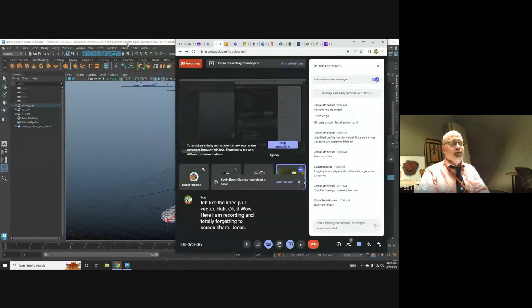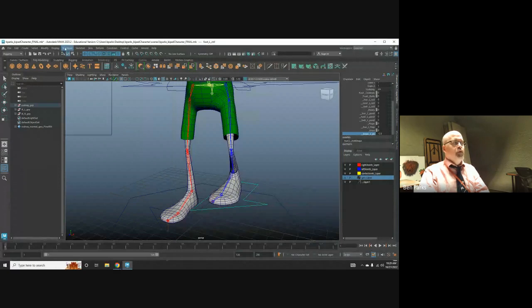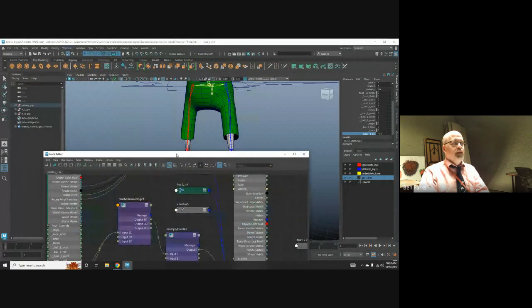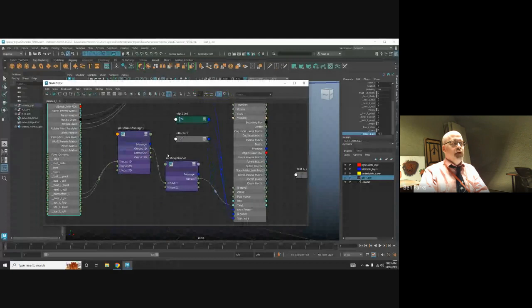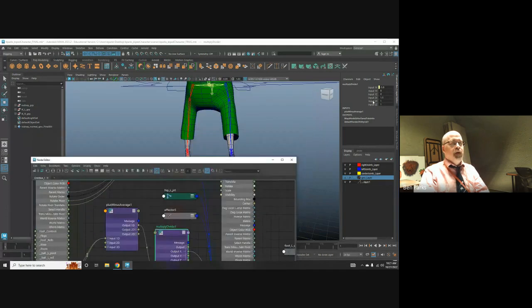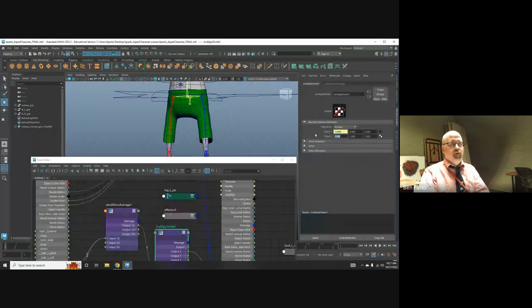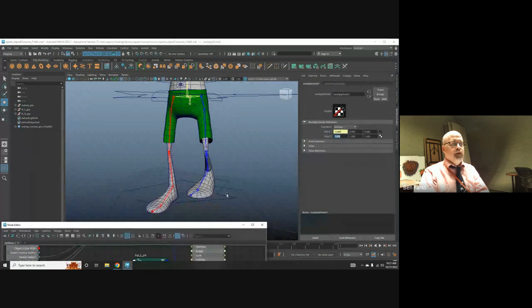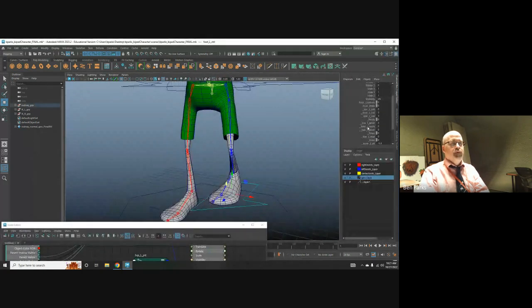Sorry. All right, so just to go over that real quick again, node editor, I hit tab, I created a multiply divide node. I put my output to my input 1x. I put the output x of that to my twist, and I simply multiplied it by 1.5 instead of 1, which gives me a little bit more of a response